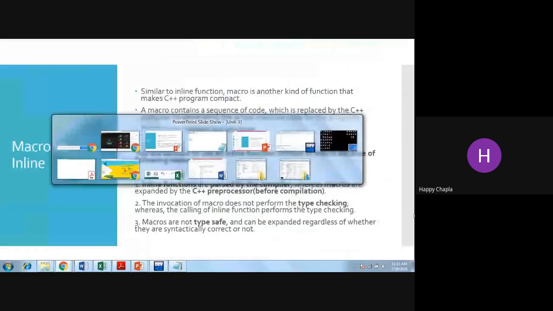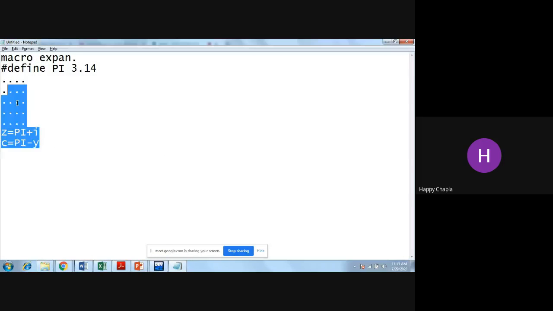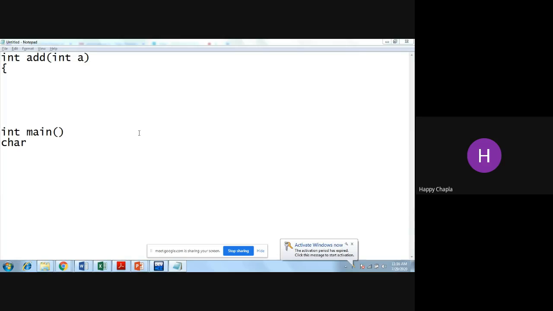Type checking. So you don't know what type checking is. If I write int add over here with an integer a in it, and in int main I pass a pair, or maybe a different variable, then at the time of calling, my actual and formal variables will not match each other's data type.